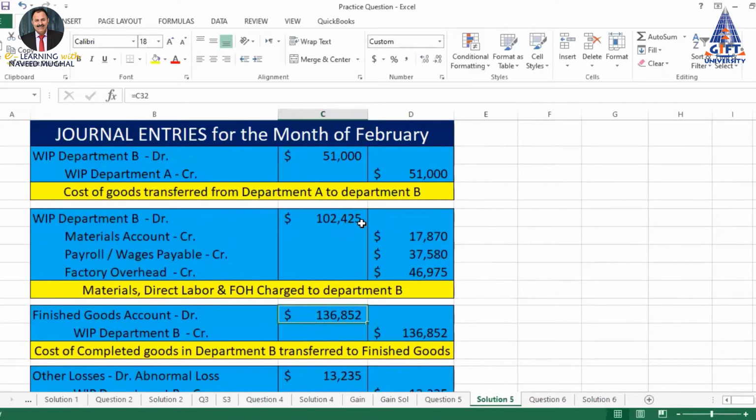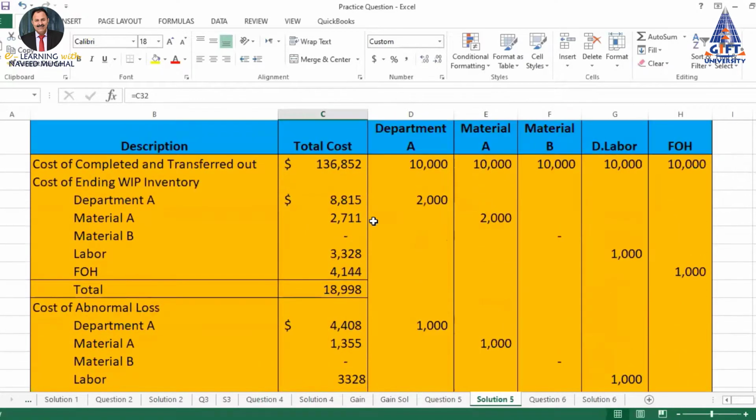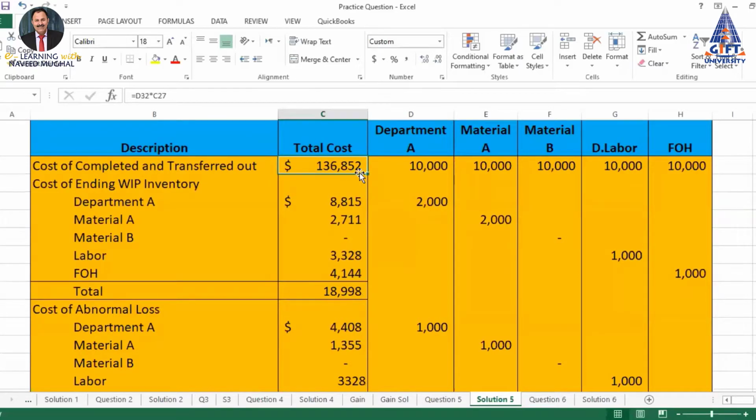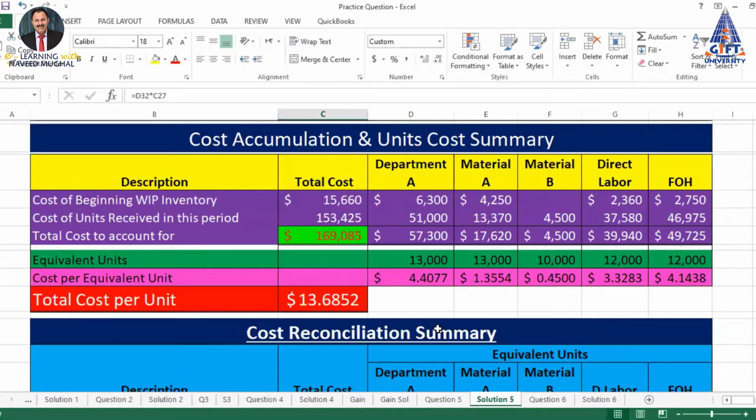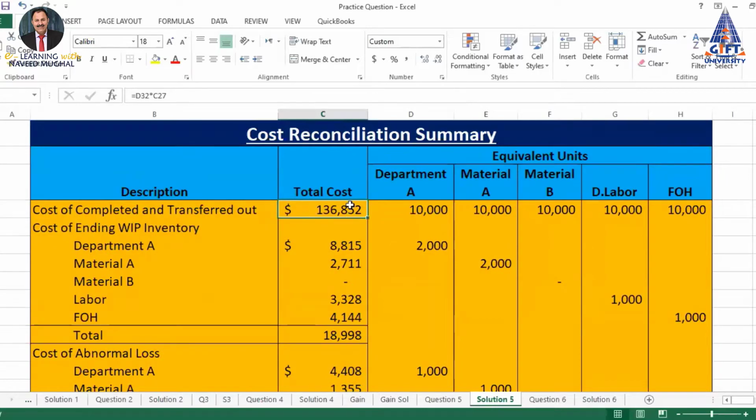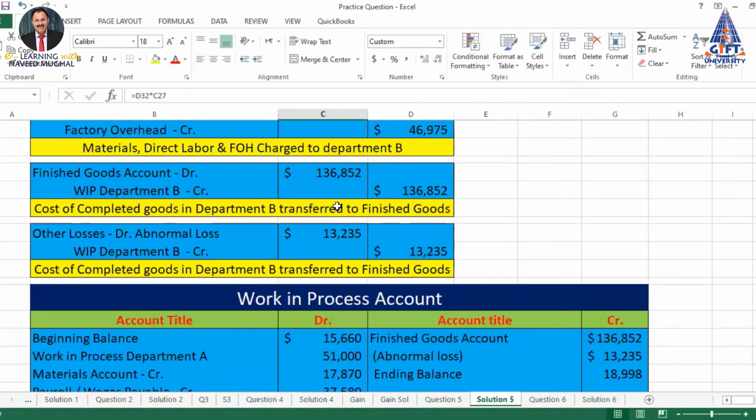The cost of those 10,000 units has been calculated in our reconciliation summary, that is 1,36,852. For the calculation of this figure, we have made all these calculations. We have prepared the cost of production report for calculation of this summary, and to record this transaction, we make this journal entry. So finished goods account is debited, that is 1,36,852, and work in process department B is credited because cost has been transferred from work in process department B